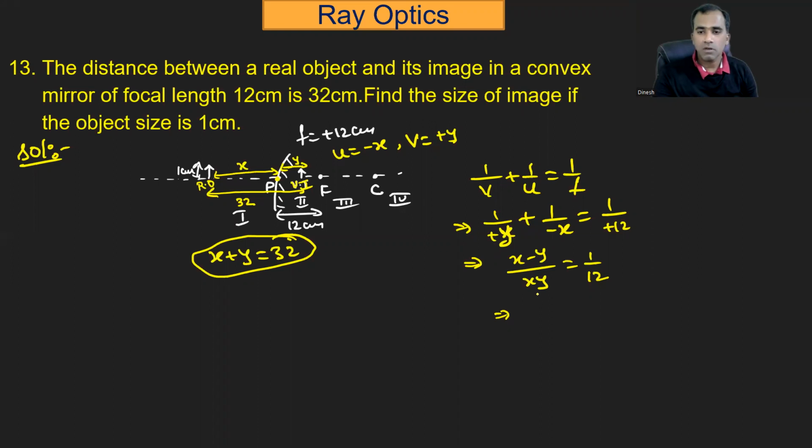Okay, is it wise to solve like this? No, it's better to solve it like this. y is equal to 32 minus x. Is that okay? We can substitute it here. y is 32 minus x